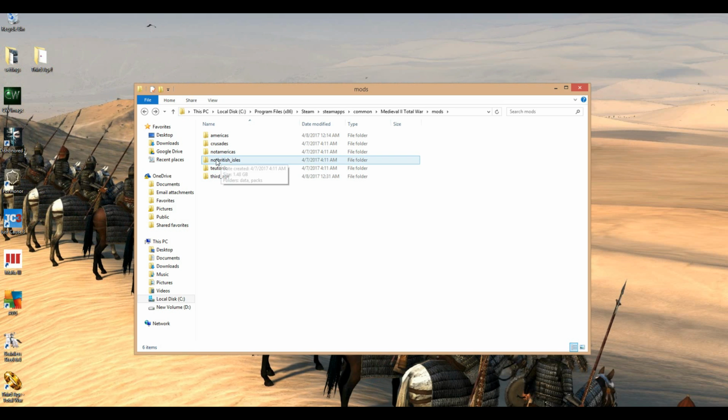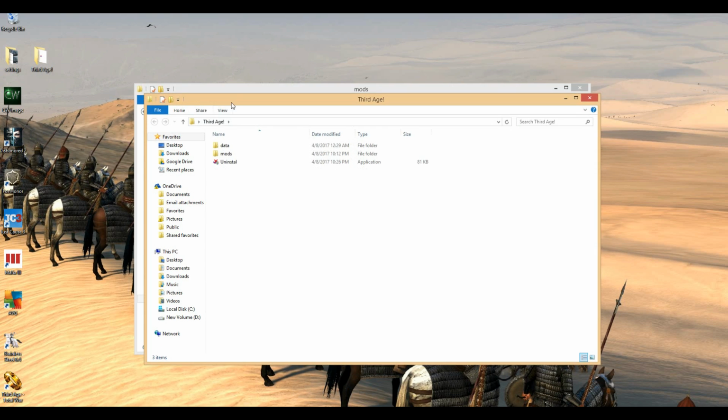So this is the third age folder that was on my desktop, okay? And then to make things easy for you, that was British Isles, okay? So there's the third age one. Disregard this not Americas and Americas because that is another mod. So don't worry about those two. You won't have this not Americas, okay? So when you open the third age folder,